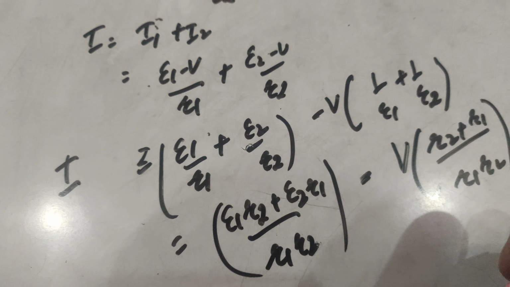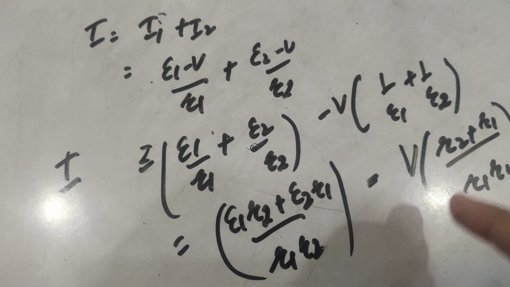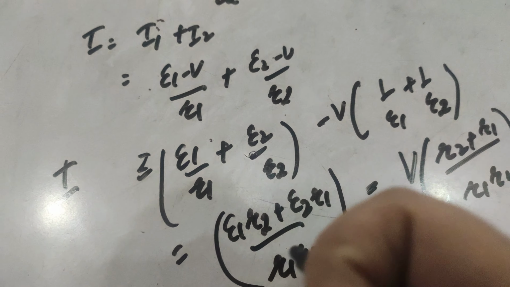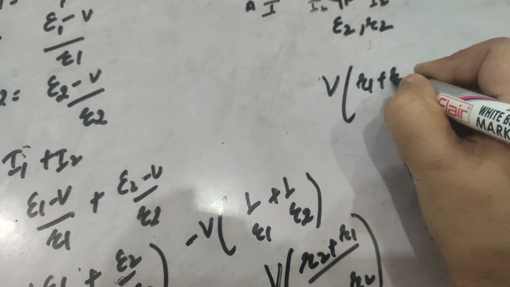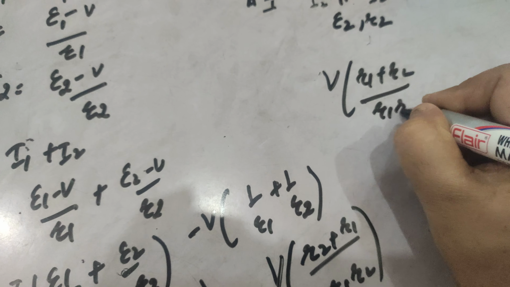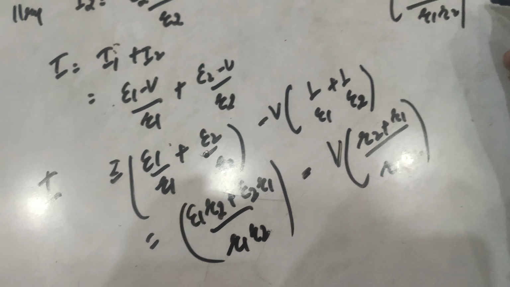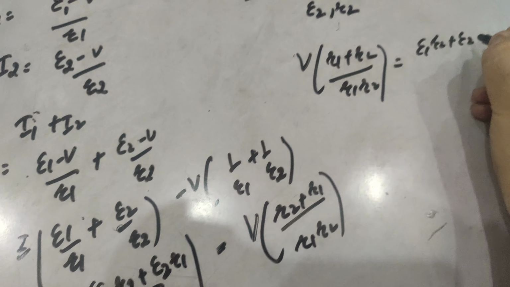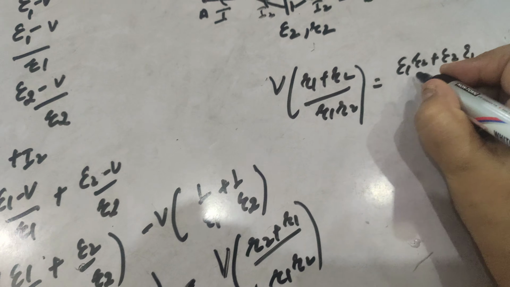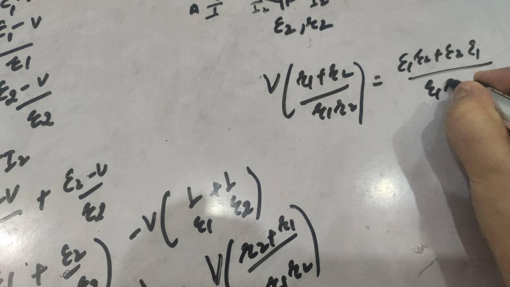Since we need to convert into V is equal to E minus I R, we will take this term to the left side. So this becomes V (R1 plus R2) divided by R1 R2 is equal to (E1 R2 plus E2 R1) divided by R1 R2